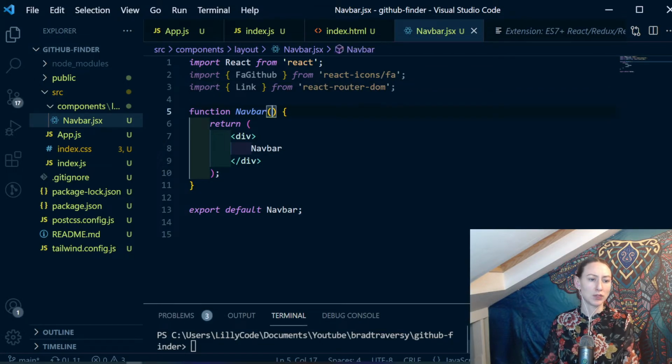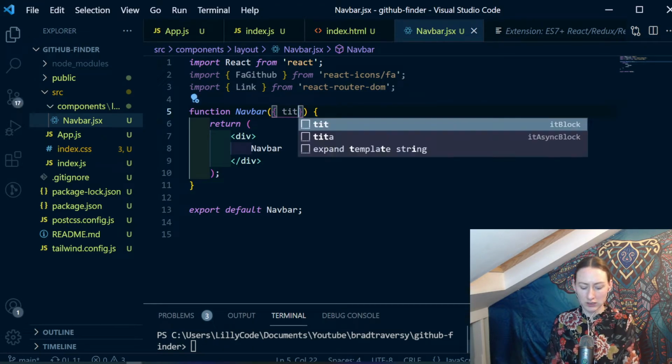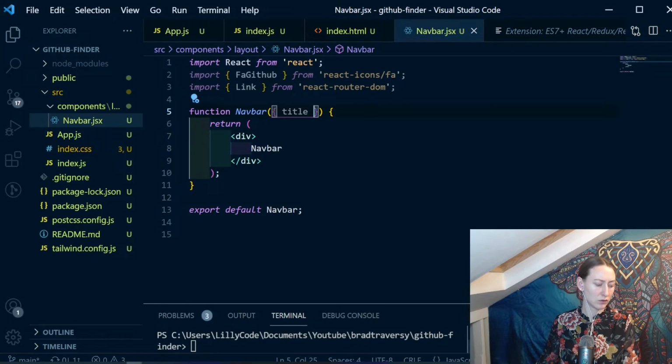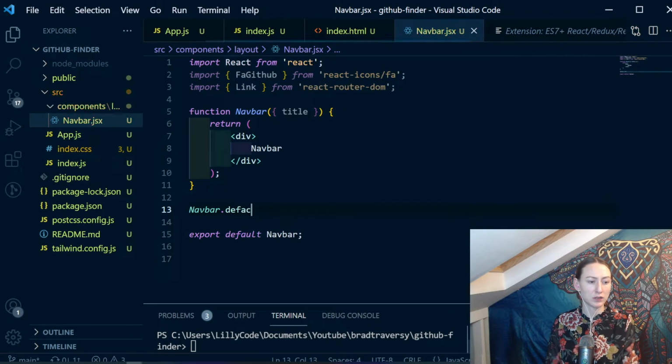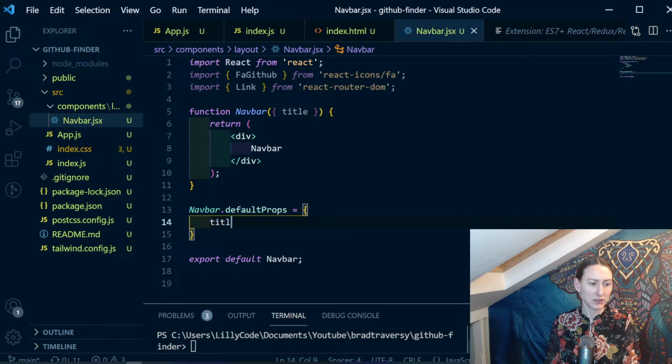So in here, I'm going to pass through a title that we can use for our nav bar here. So I'll just say title. Cool. And I'm going to just set some default props in the case that we don't pass any through. So down here, I'll just add navbar, for our navbar component. We want default props, which we need to install prop types for. So defaultProps is going to be equal to an object, and here we'll say our title's default props is GitHub Finder,